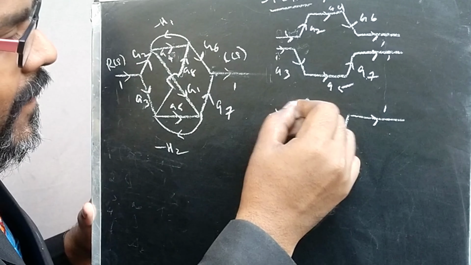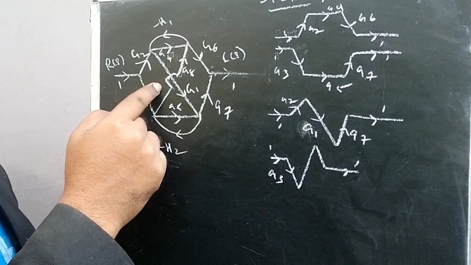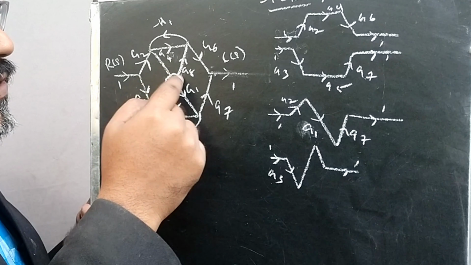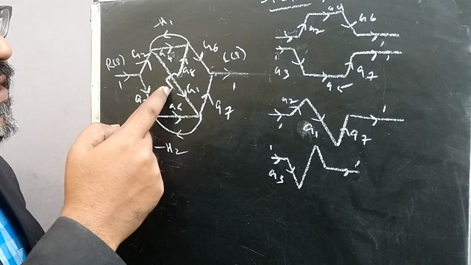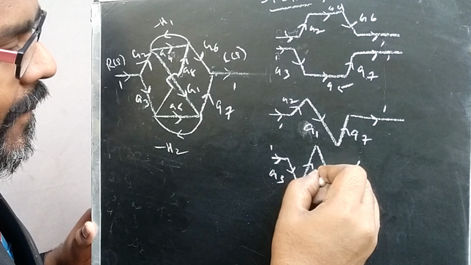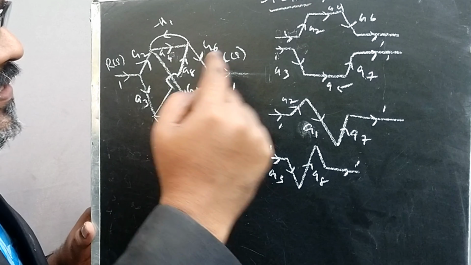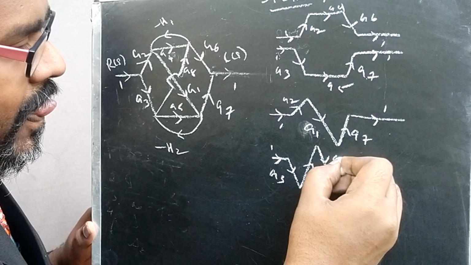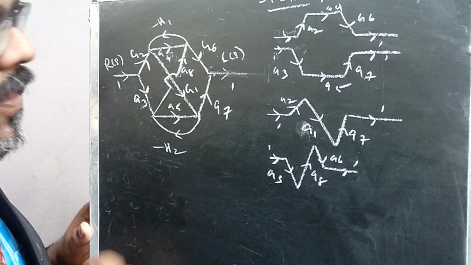Here we can say like this. This is 1 and this is 1. Here it is G3. The indication is very important. I am putting in an arrow mark indication. We already know that in electronics this particular notation is nothing but a not connection between these two. That is what I am taking as this forward path. Then this is G8 and then this is G6. Okay, then 4 forward paths.